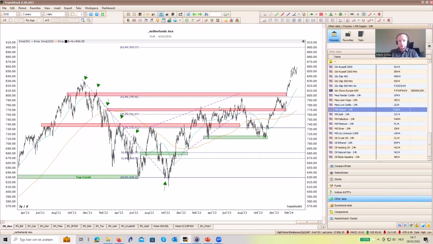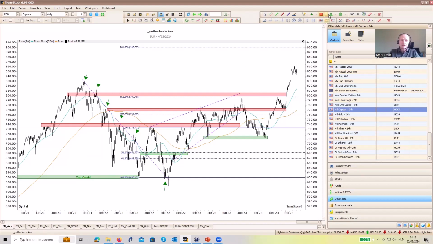AEX Dutch Netherlands index. So here we see a chart starting from 3 years ago. And when we're looking at the last few months, we see that the index continues to have a positive outlook. We see the index has passed this red resistance around the key figure of 800. We still see the index above the blue 50-day average and the orange 200 average, which is very nice to